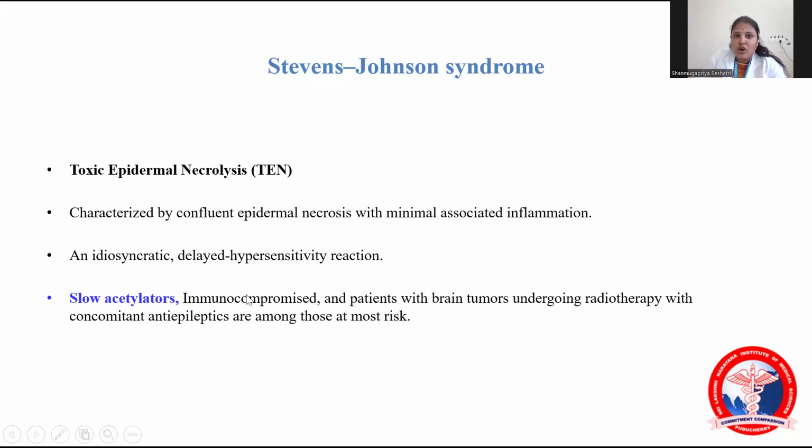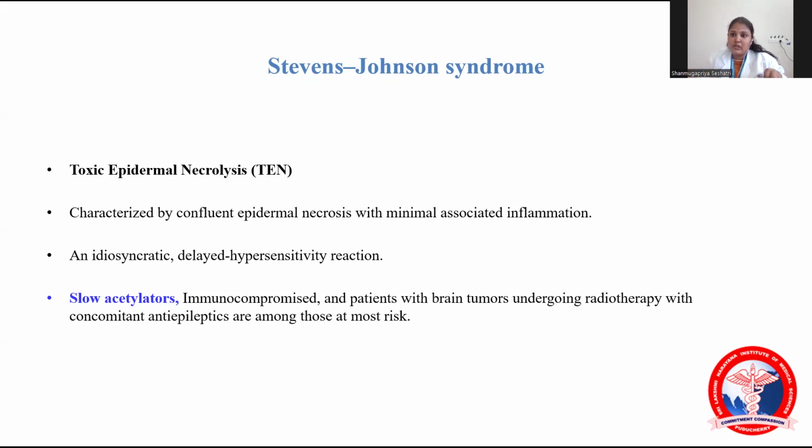So who is commonly affected by Stevens-Johnson syndrome? There are a few genotypic patients whom we call slow oscillators. Basically, the population is divided into three parts: slow oscillators, intermediate oscillators, and fast oscillators. Slow oscillators are patients who have fewer drug metabolizing enzymes. Intermediate oscillators have the required amount of drug metabolizing enzymes, whereas fast oscillators have an excess of drug metabolizing